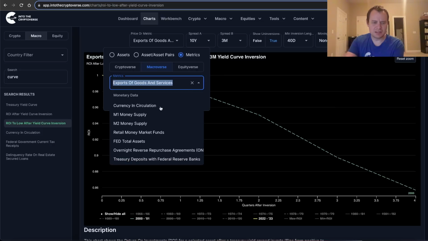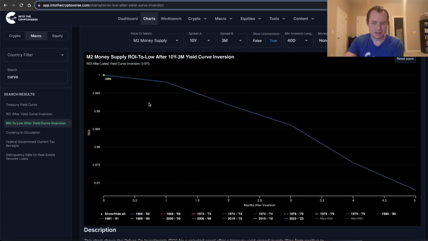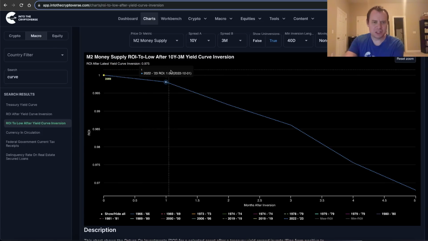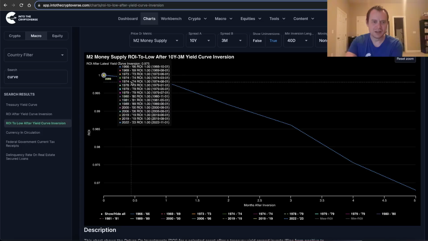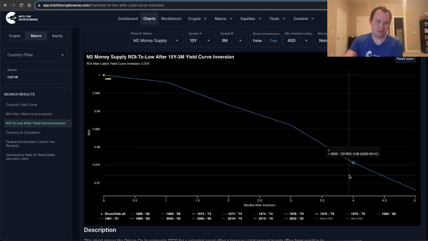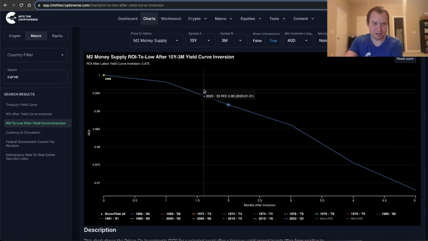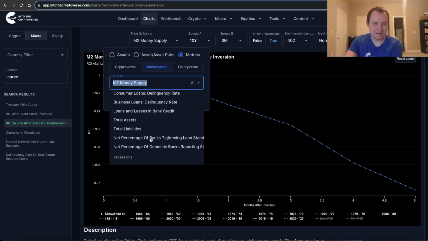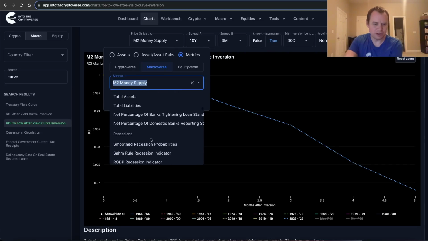One of the things that is notable is that the money supply in this cycle is the only time it's really gone down, right? At least in recent history, ROI to low after yield curve inversion. You don't see anything for all these other business cycles. Why is that? Because the money supply didn't go down, right? It went up. This is the only cycle in recent history where after yield curve inversion, we saw M2, the money supply, go down. So that's sort of throwing a wrench into it that we didn't even really get in prior cycles. That's a nuance of this cycle that is outside of what we've historically seen.